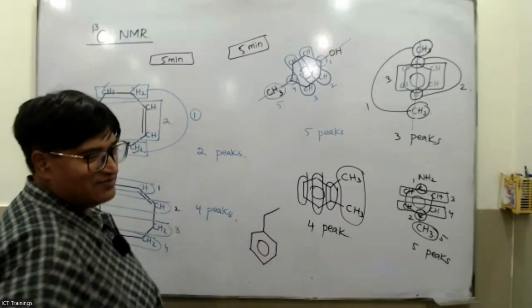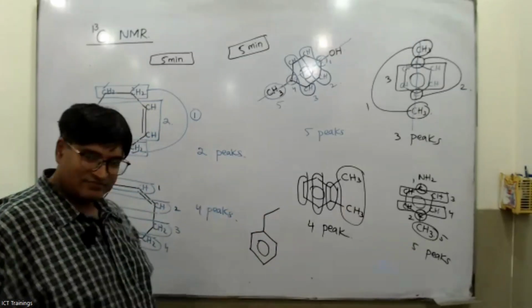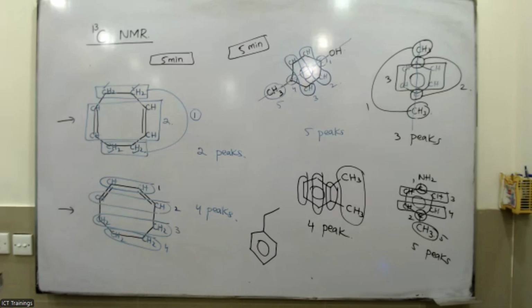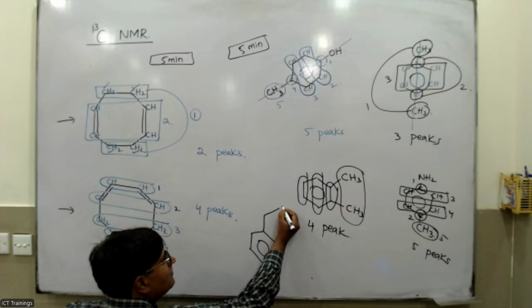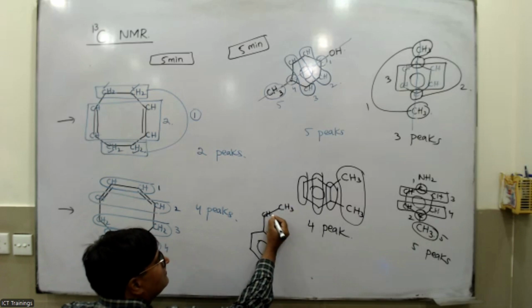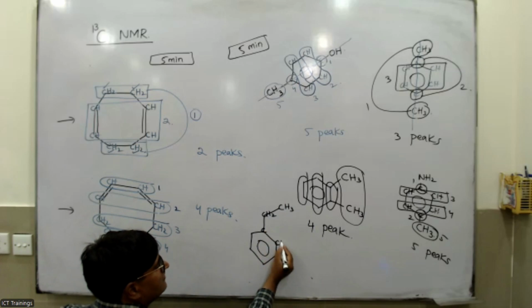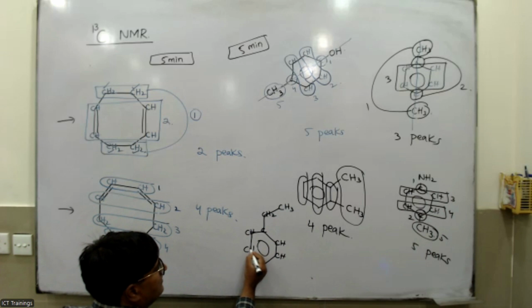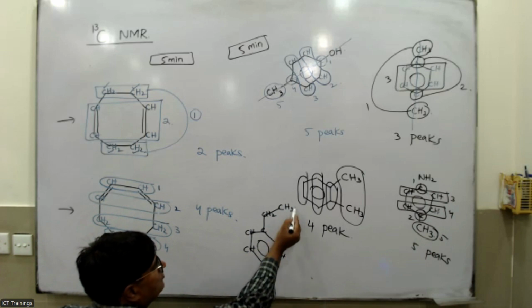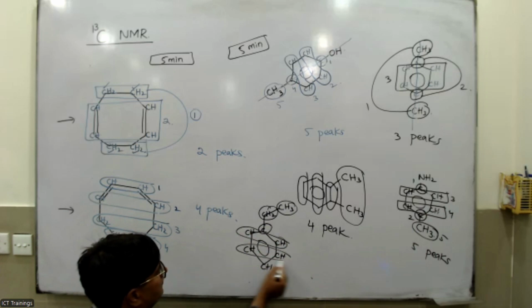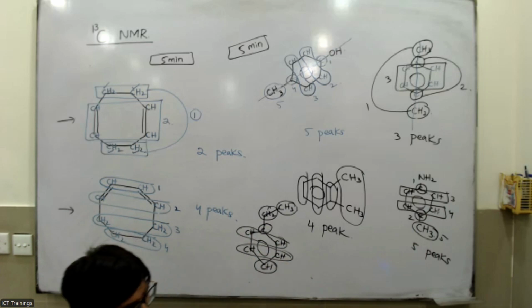चलिए जी, इसके एनवायरनमेंट बताइए कितने हैं? 5 मिनट दे रहे हैं। सर, 6। वेरी गुड यार। CH3, CH2, CH, CH, CH, CH and CH. So this is 1, this is 2, this is 3, this is 4, this is 5 and this is 6. 6 बोला था तुमने? जी सर।